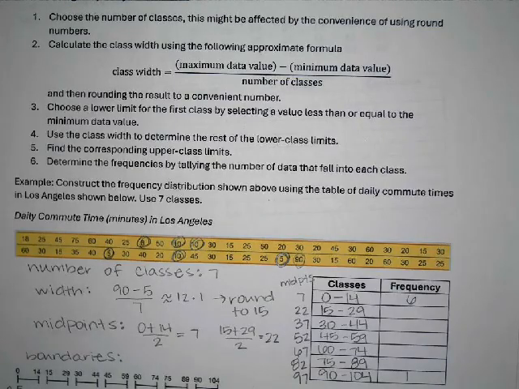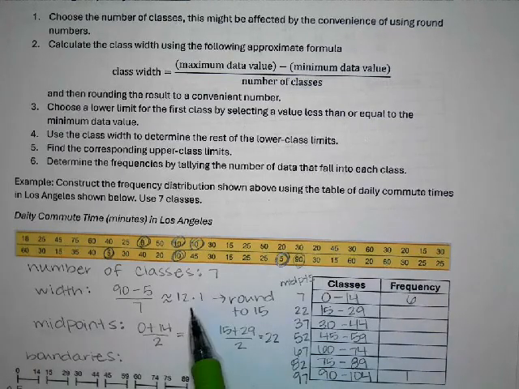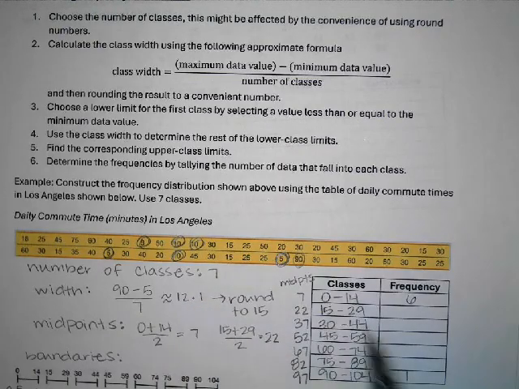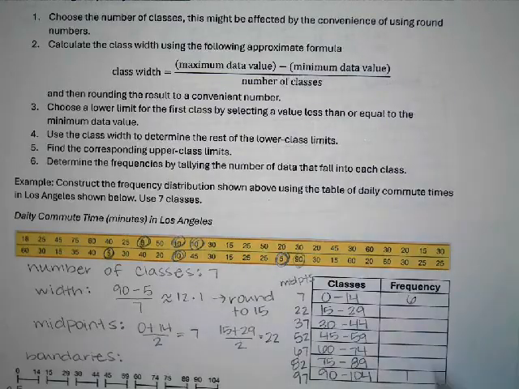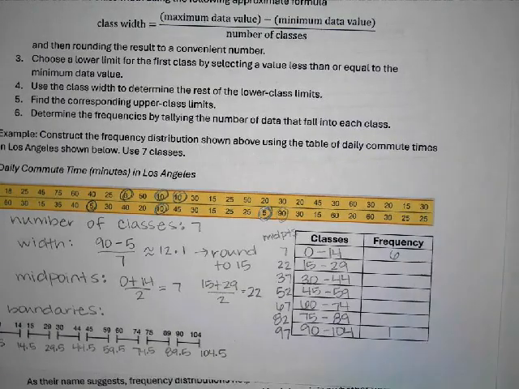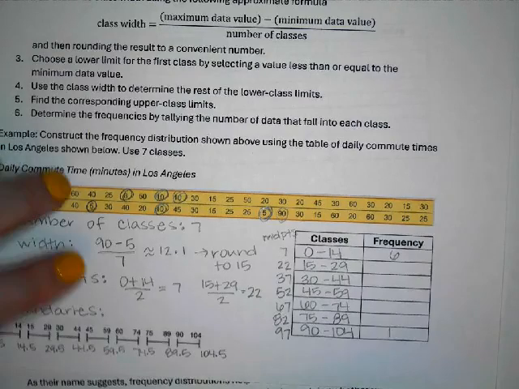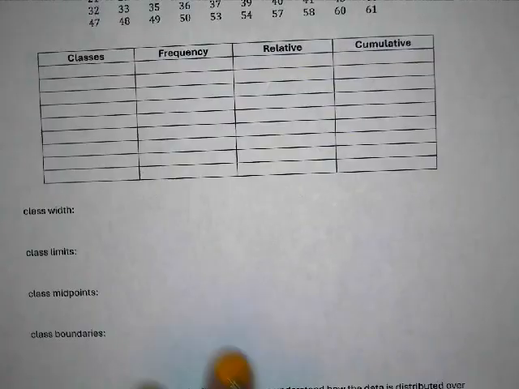They could have had 6 classes. Well, if they had 6 classes, they would have had a different number, but maybe instead of rounding to 15, they could have rounded to 13. And instead of starting at 0, they could have started at 5. Then your data would still have a similar type of frequency distribution, but it would have been represented a little bit differently. So because of that, when you do these problems on MyMathLab, you're probably not going to